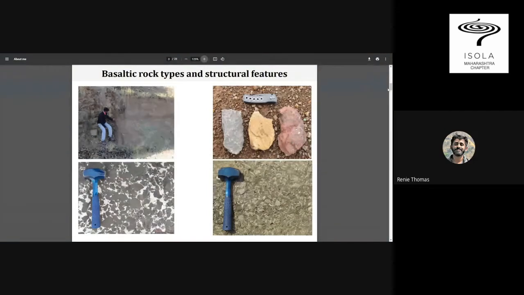And this is what usually defines the entire landscape of Maharashtra. Almost 80% of Maharashtra is Deccan basalt. And even in basalt, there are different variations. If you see the bottom right, there are certain marker horizons, as we call them, which are used to classify volcanic eruptions in India. This is called giant plagioclase basalt. If you look closely at this image, you will see different crystals of plagioclase. They are basically a late batch of magma that erupted later on.